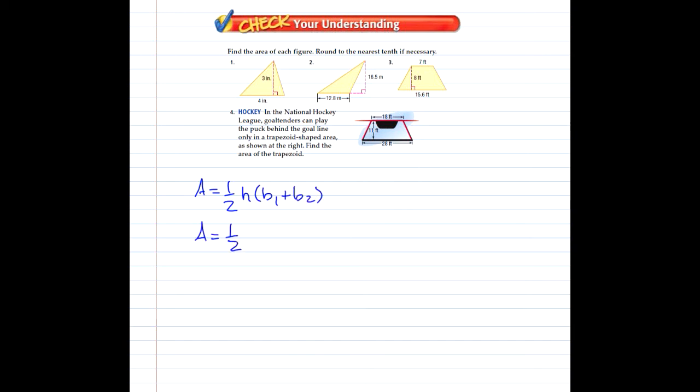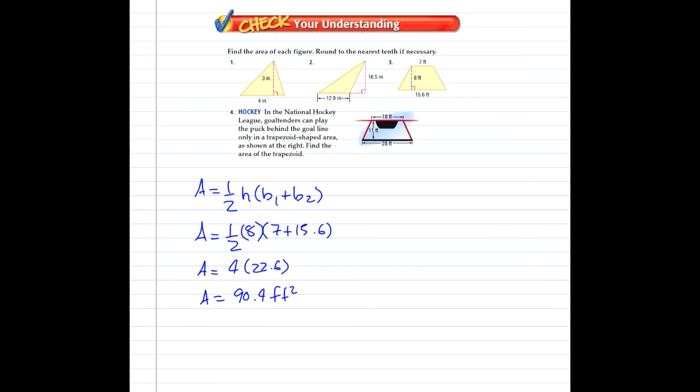So 1/2 times my height, which is 8, times the sum of 7 plus 15.6. So 1/2 of 8 is 4. I'm going to simplify that. Add these two numbers together, get 22.6. So 4 times 22.6 is 90.4